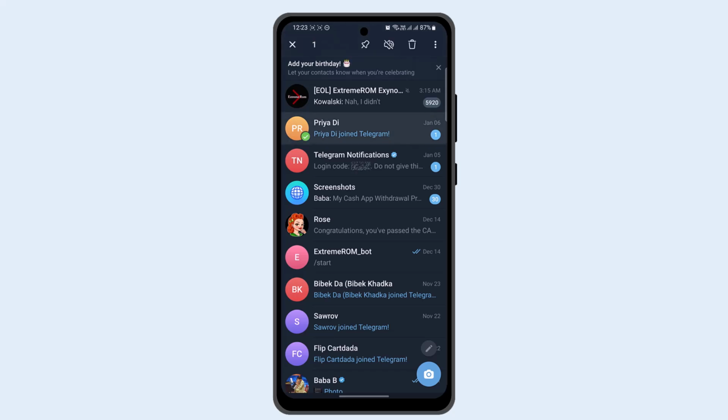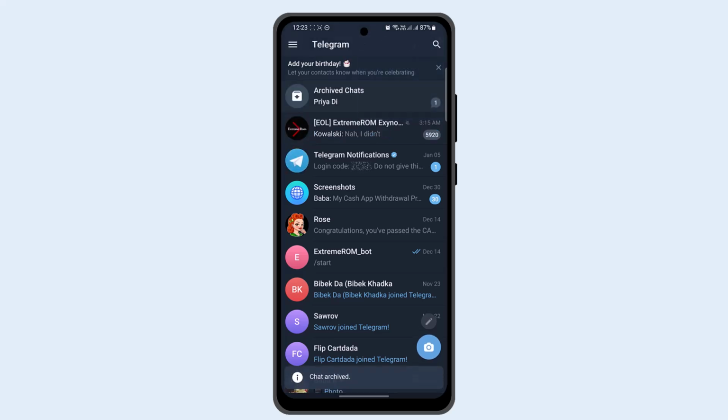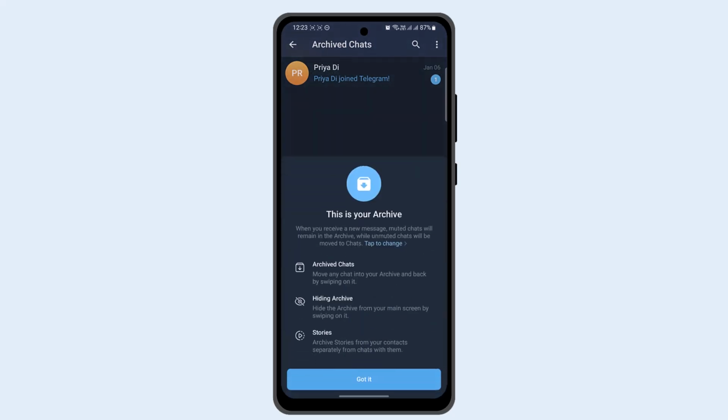So first of all, I'm gonna go ahead and archive this chat. So I'll have to tap the three dot icon and click the archive button. Once I've done so, now to unarchive the chats, you want to go ahead and click the plus button,